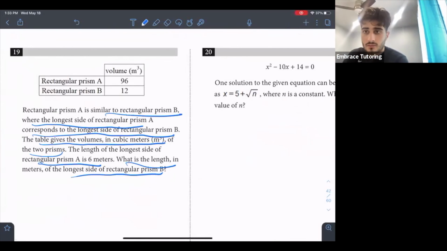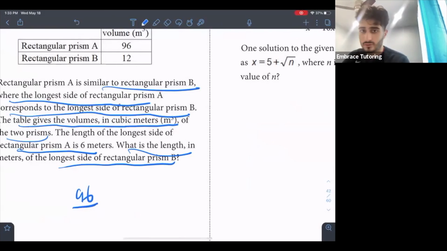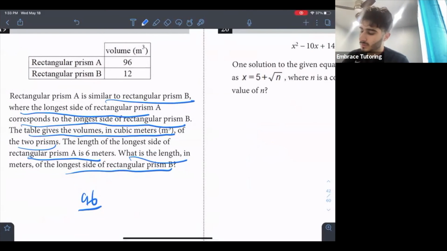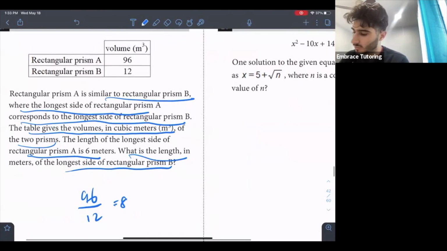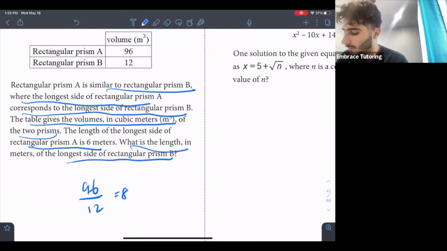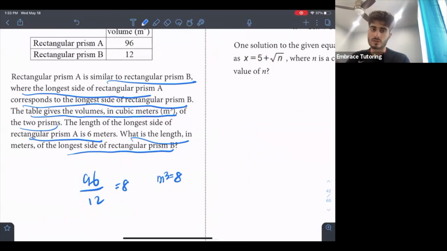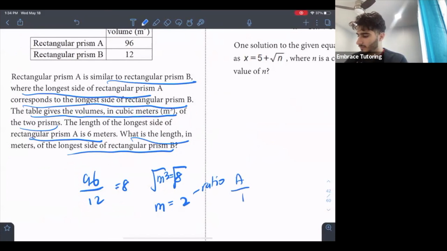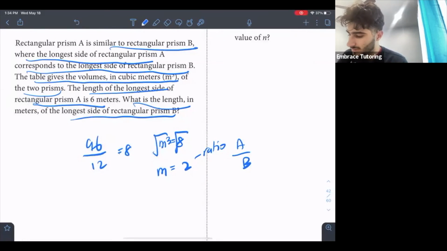So the way to solve this problem would be by finding the common scale ratio. So you would divide 96 by 12 to get 8, because that's the ratio of the volumes. And since this is volume, you would have to know that m cubed is equal to 8. But now, to put it in perspective of the sides, you would have to take the cube root of both sides to get m is equal to 2 as the ratio of rectangular prism A to rectangular prism B. So meaning that if the length of the longest side of the rectangular prism A is 6,